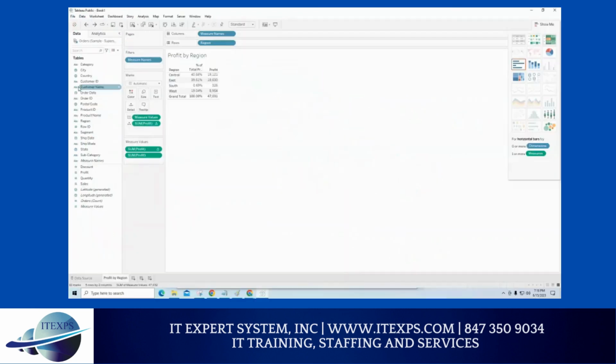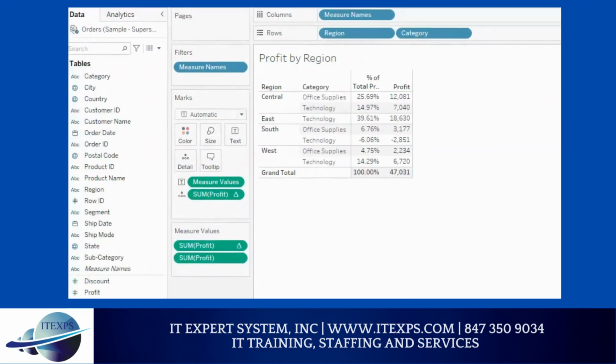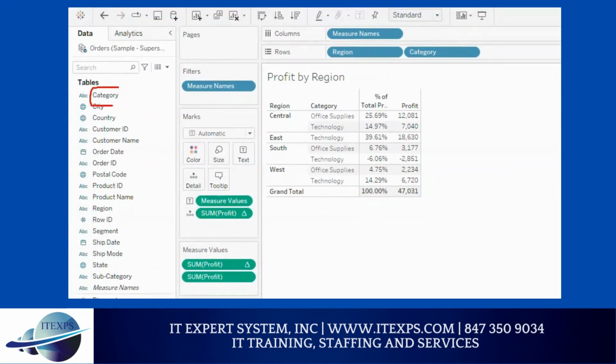I'll show you. Normally, sometimes I double click on it and see what Tableau is doing. So I double click, check it out. 1, 2, 3, double click. Tableau automatically determined that this is going to be like this. So you can see now categories. I double click on. So region is the first and category is second. Under region, you have category. Make sense? And you might notice that each category,